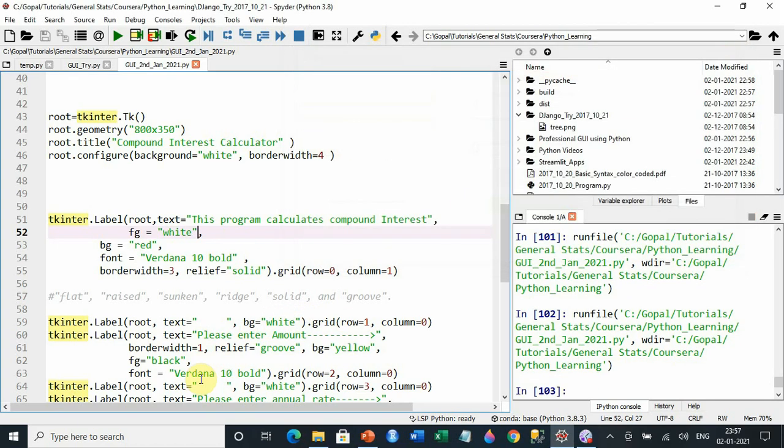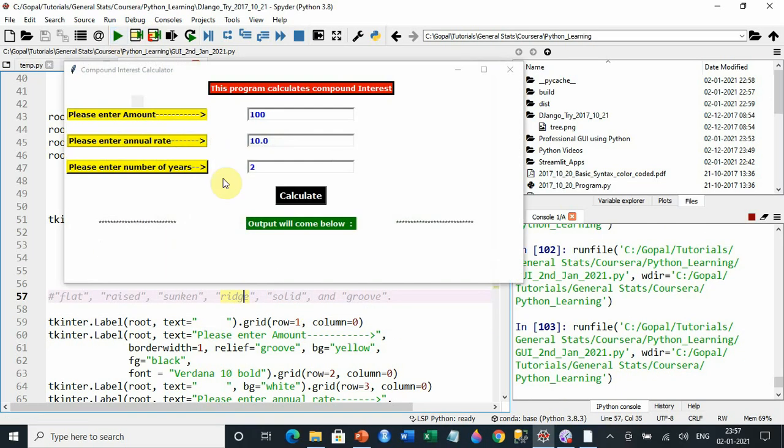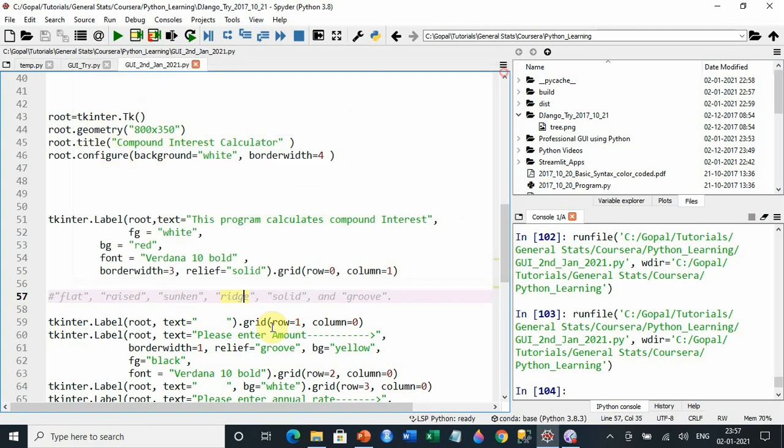If I delete it here and then run it, now you will see a grid kind of thing is coming. That makes it ugly, and that's where you have to put it back. Let me just put it back here, white.